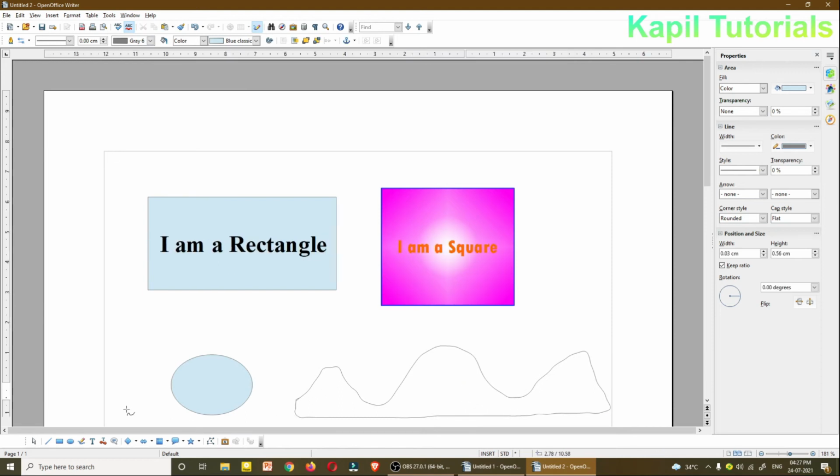Okay, so you can use it in any way to draw some custom shapes. Then text animation, I have just now taught you.